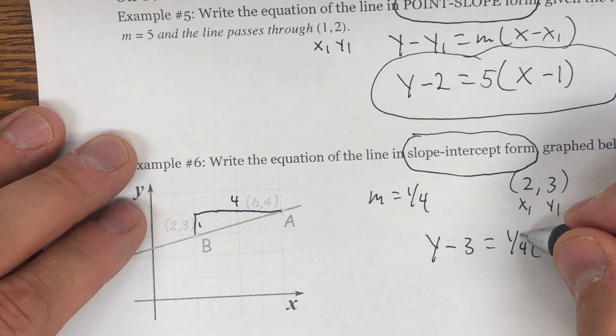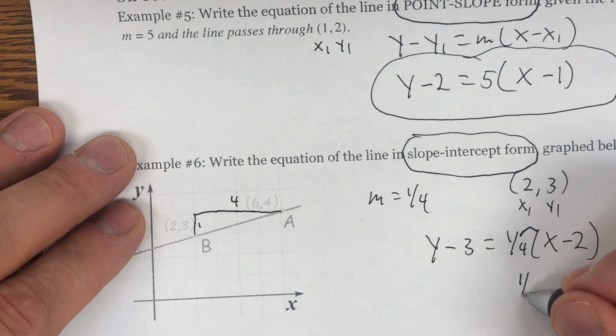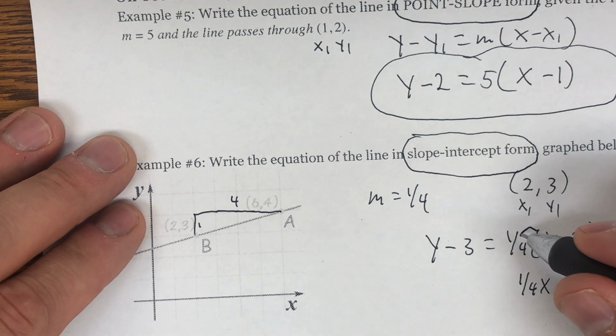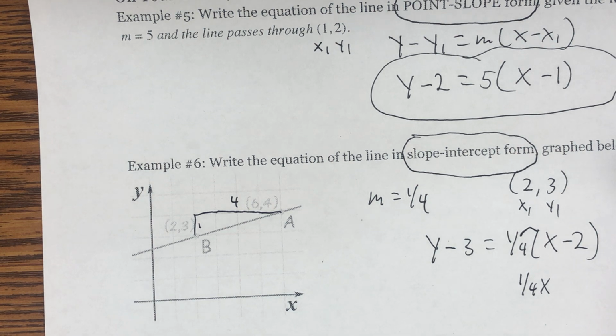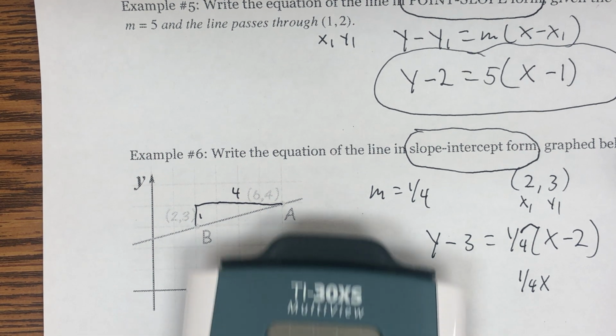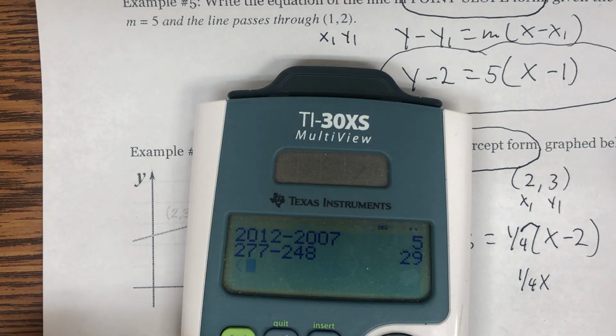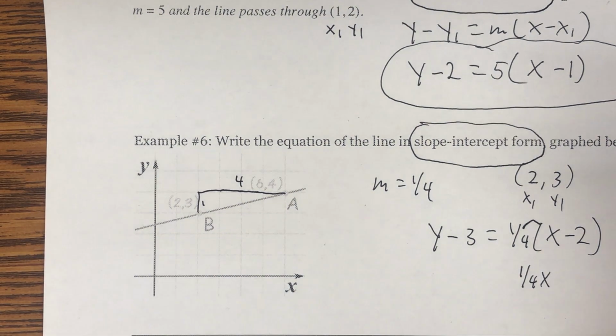And as I distribute my 1/4, I have 1/4 x. That's my slope. 1/4 times negative 2. Oh, that's not a real easy one. I'm going to actually pull up my calculator for that. 1 divided by 4 in parentheses times negative 2 is negative 0.5, so that's negative 1/2. So minus 1/2